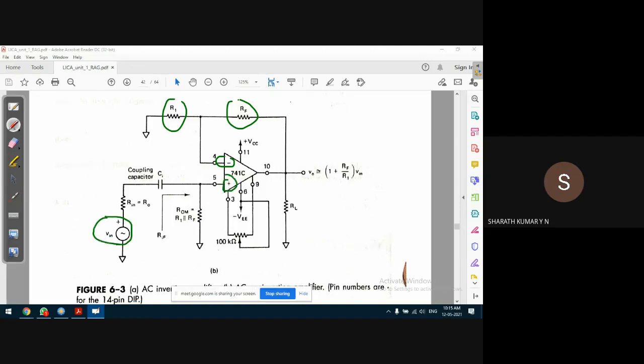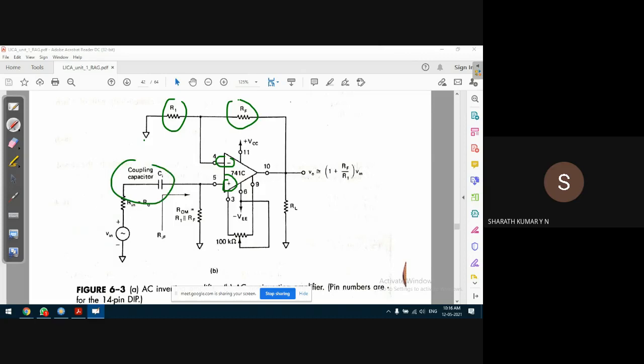There is an AC source, of course, through input resistance Rin, which is equal to R0. There is an effective resistance so that the effective input impedance does not decrease. Effective input impedance is represented using Zin. In the Ramakant Gaikwad book, it is represented using Ri. So the effective input resistance should be retained at a very high value, so that it does not affect the operation of the circuit.